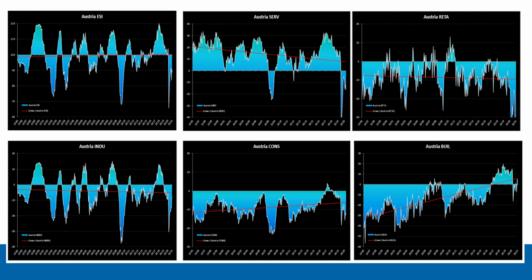Now, we've put these all in alphabetical order. Obviously, the size of the economies is more important to consider in terms of the read across for traders and PMs for GDP growth and potential Euro Stoxx 600 returns, and even for trade ideas. But we're going to go through all of them on the screens here. We won't spend as much time on the smaller ones, sometimes no time, but we'll focus more on the bigger economies.